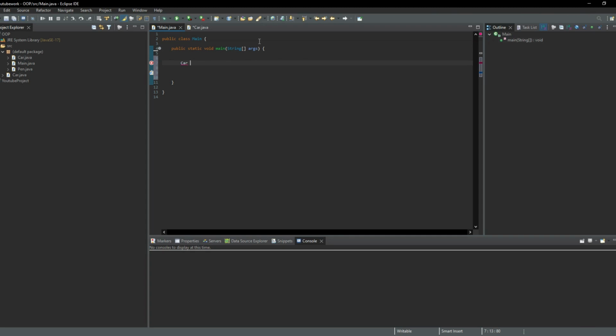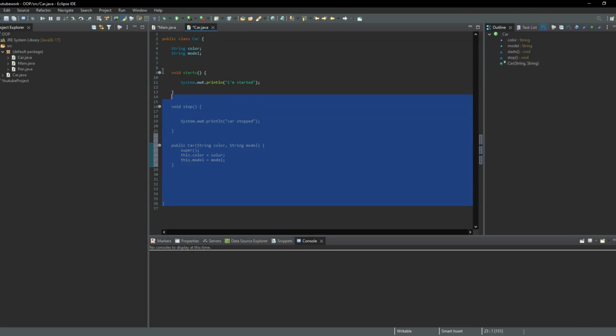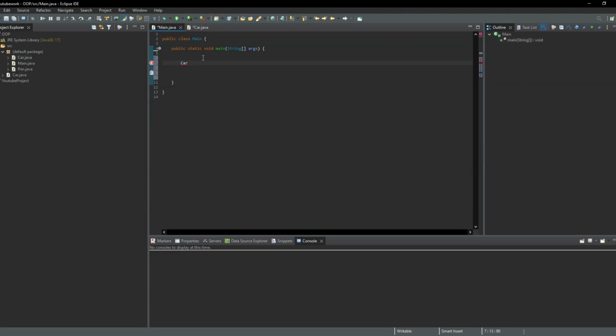Because as I've said before, this is just a model to follow, and we will create a lot of instances of the same object that will follow this model, okay? So here I create an instance of this object, so car, and the name of the car, so I can say car1,